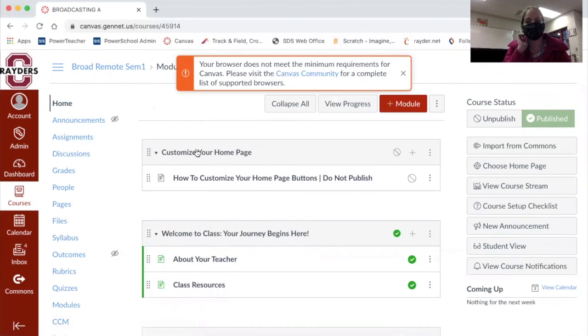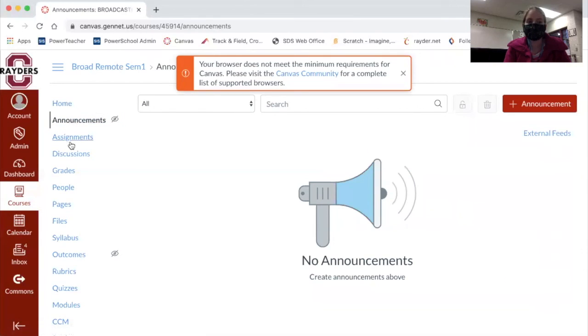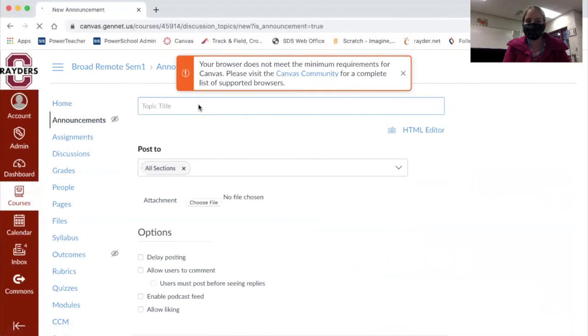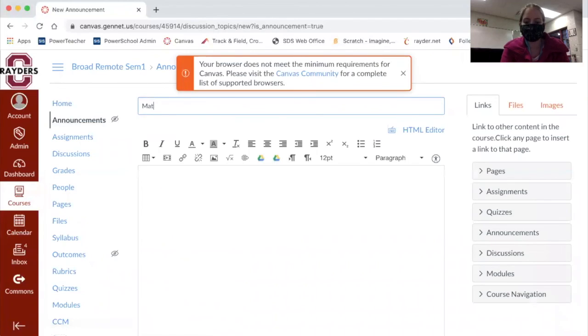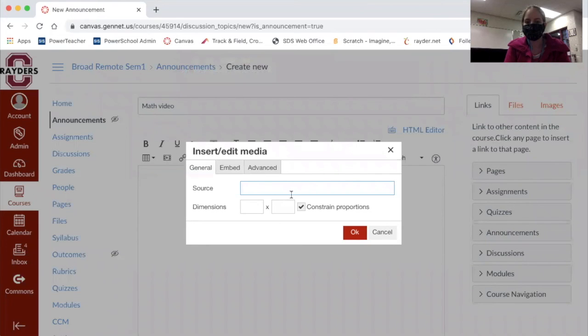Okay, so when you're on your home screen, it might look slightly different than this. Let's say you wanted to send an announcement to your students or even an assignment. This works pretty similar process. You're going to go to Add Announcement. You can title your announcement, and then you have a couple of choices. You can embed it using your URL. So I just pasted my URL in,